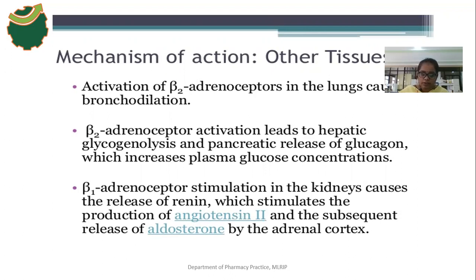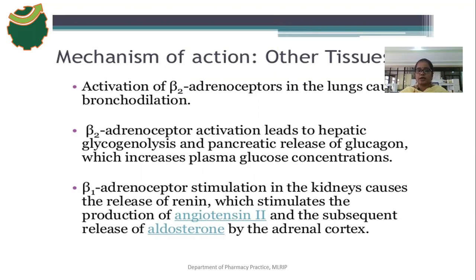What is the purpose of glucagon? Glucagon triggers the release of stored glucose from the liver. So finally, the plasma glucose concentration increases. That condition is called hyperglycemia. So what is the beta 2 agonist action on the liver? Glycogenolysis, stimulating the release of glucagon, and inhibiting the release of insulin also. So in response to these actions, the plasma glucose concentration increases.